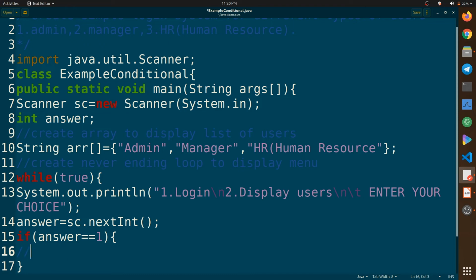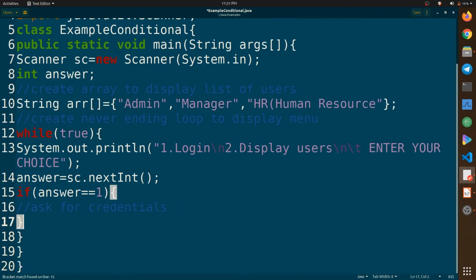So let's comment here, ask for credentials, and another condition means else if answer equals to 2, which means the user chooses to display users, we will display all users from our array.